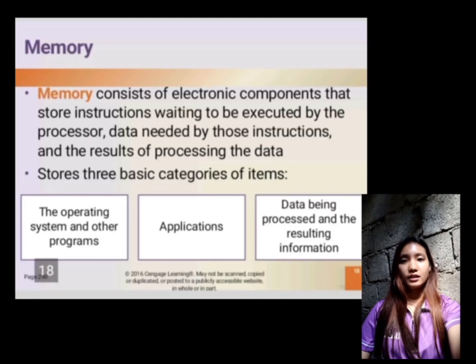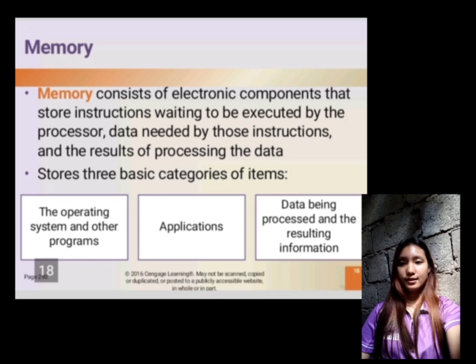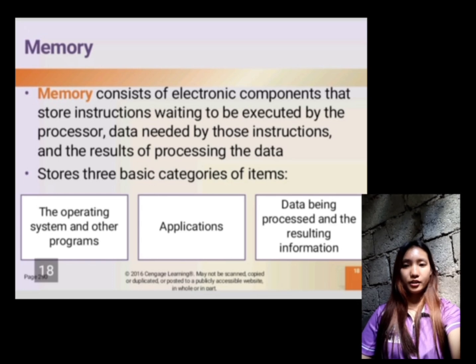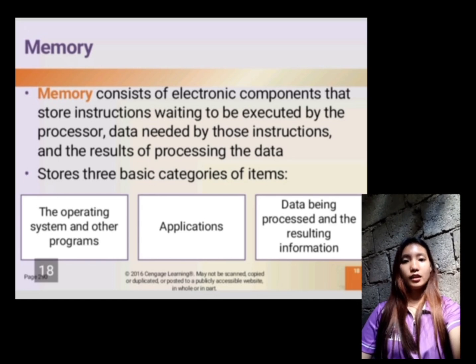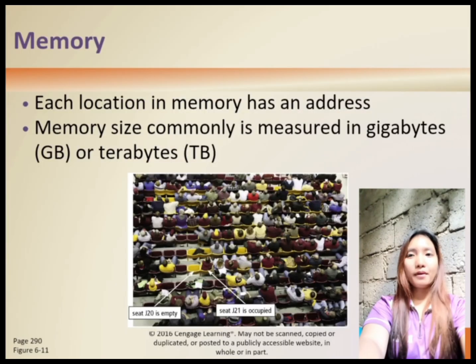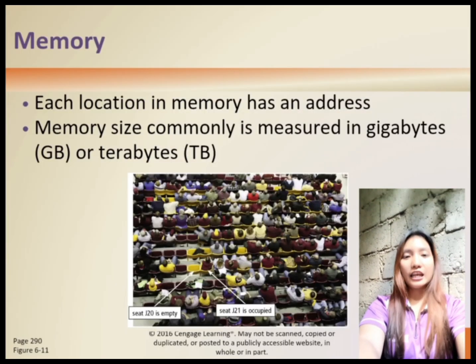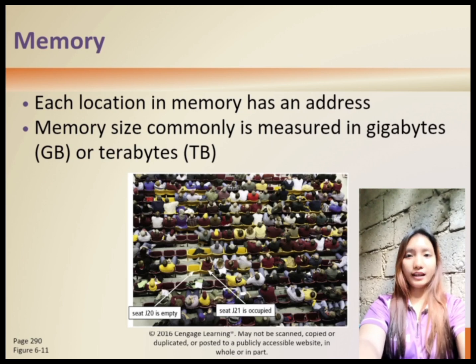Computer memory is made up of electronic parts that store three main things. Instructions, the steps a computer needs to follow, like a recipe. Data, the ingredients the computer needs to work with, like numbers, words, or pictures. Results, the finished dish, the output of the computer's work. Memory addresses and size. Each tiny piece of information in memory has its own unique address.